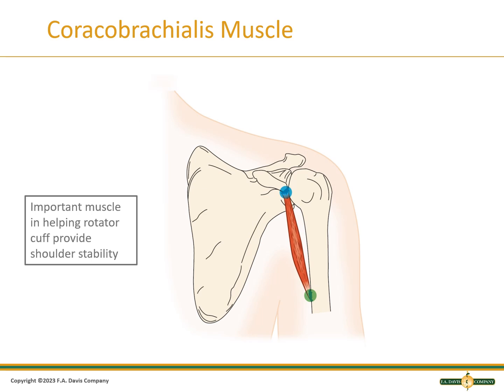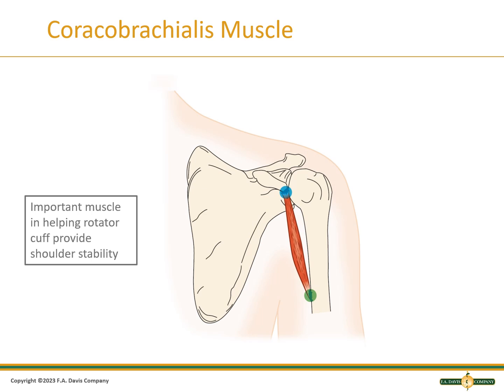Our coracobrachialis muscle is nicely named because it runs from the coracoid process to our arm, which is brachii. It is an important muscle in helping the rotator cuff provide shoulder stability. It is a small muscle, but you can see how it comes from a different direction than our rotator cuff muscles, and so can help to provide the support that the shoulder needs because it has more mobility than